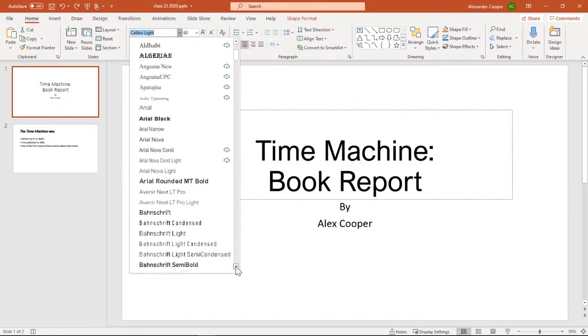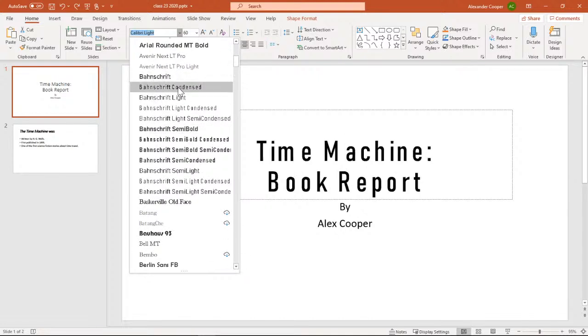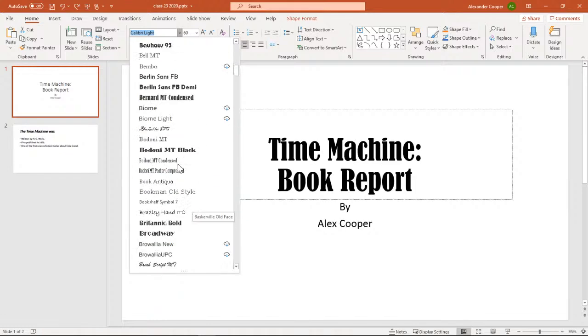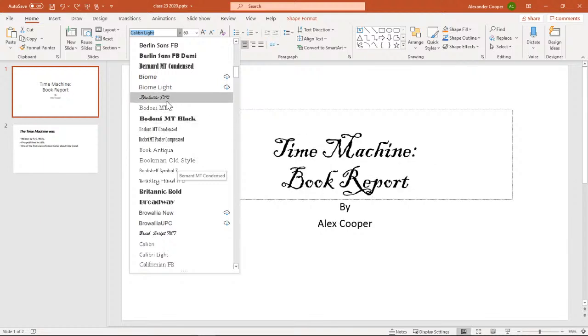I can scroll down. Lots of ones on here. See, this is one of those think about your audience, think about your subject. You definitely don't want to choose something that makes it harder to read your text.